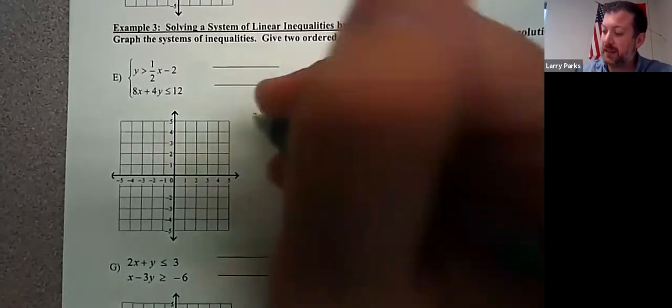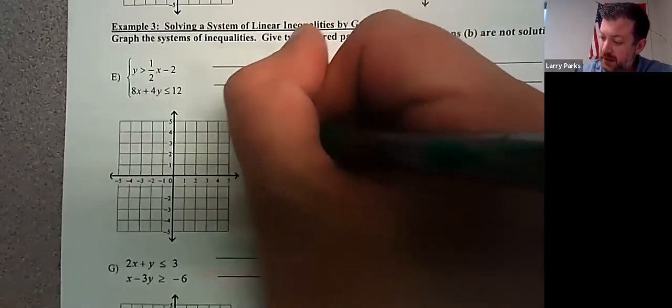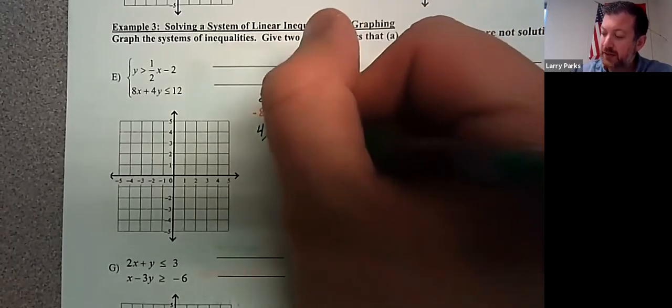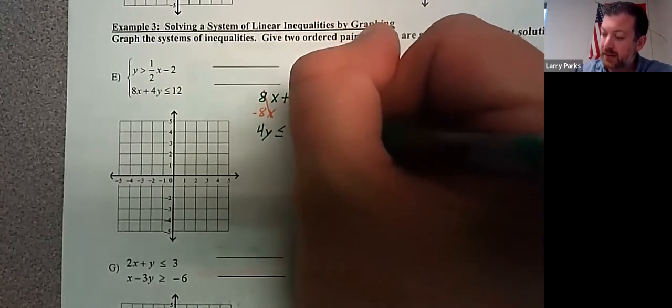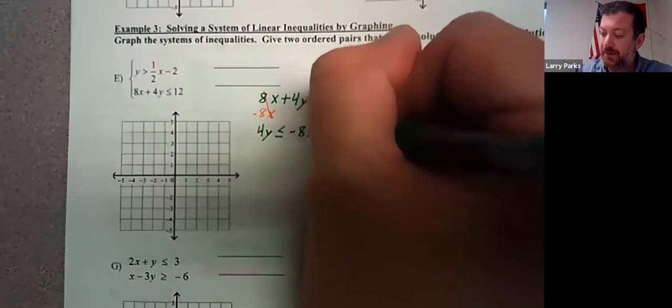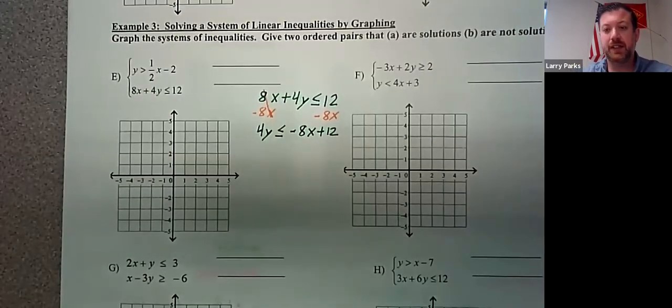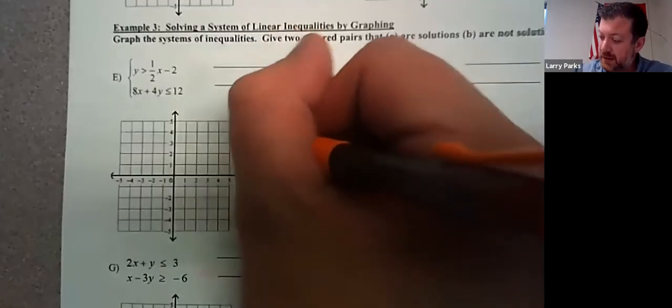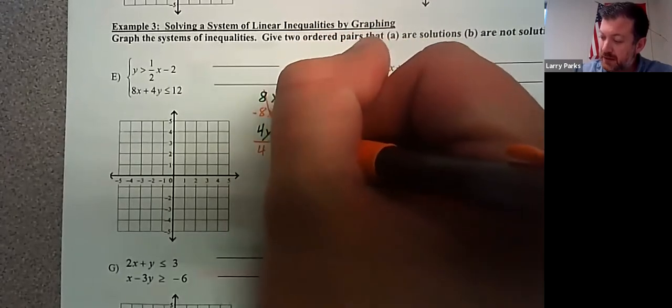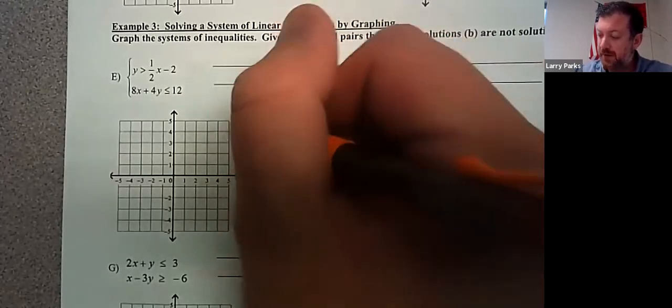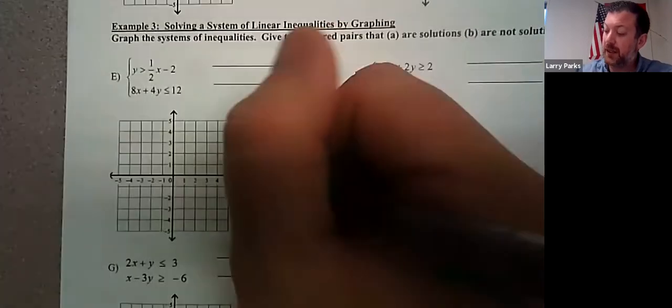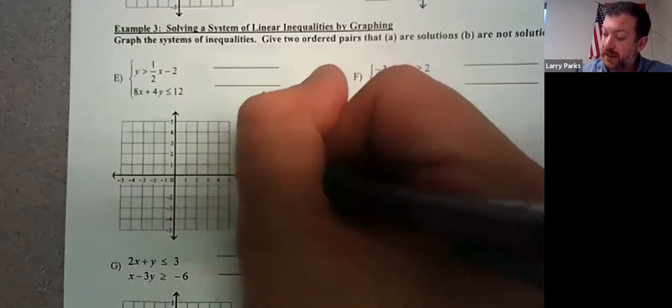I get 4y is less than or equal to negative 8x plus 12. And then I divide by 4. And I get y is less than or equal to